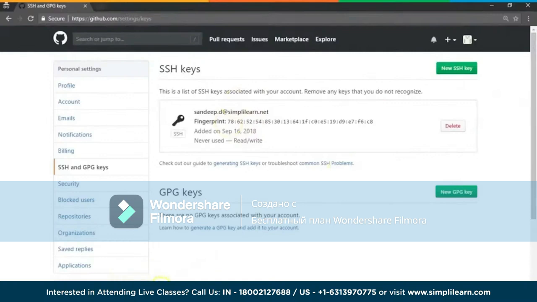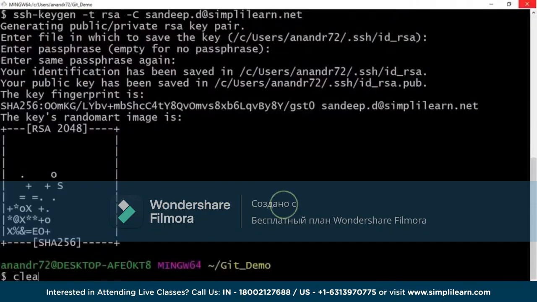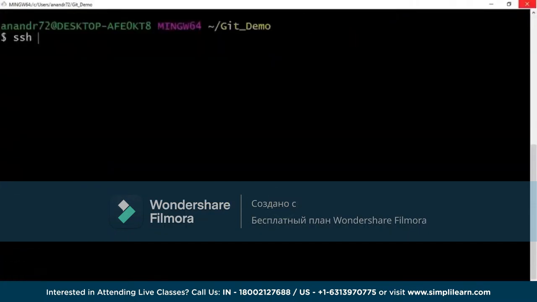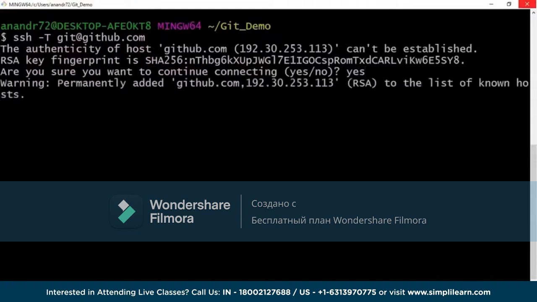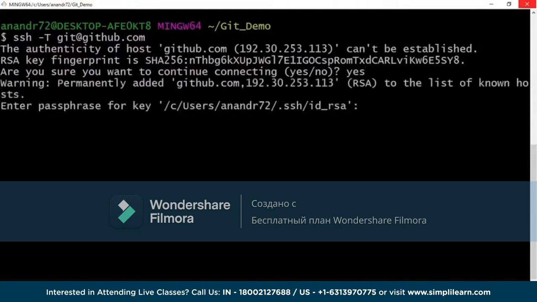Let me check if my SSH keys are working well. So I do ssh -T git@github.com. This is just to double check if my SSH keys are authenticated correctly. Are you sure you want to continue connecting? Yes. All right. Now a check for my passphrase. Let me enter